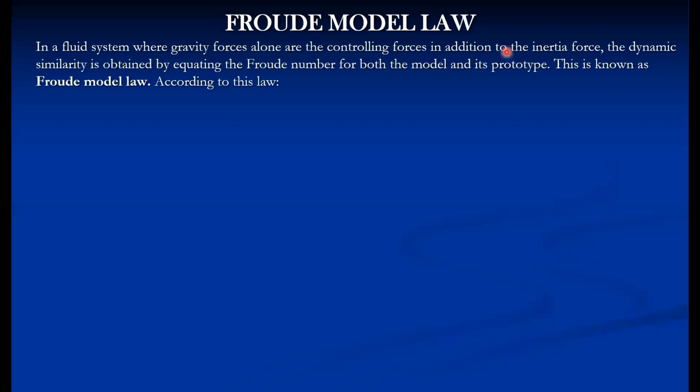As far as the Froude model is concerned, in a fluid system where gravity forces alone are the controlling forces, in addition to the inertia force, dynamic similarity is obtained by equating the Froude number for both the model and its prototype. This is known as the Froude model law. According to this law, the Froude number of the model is equal to the Froude number of the prototype. As per the expression of Froude number, it is V upon under root Lg for the model, and that is equal to V upon under root Lg for the prototype,